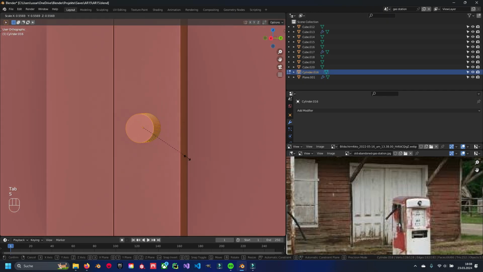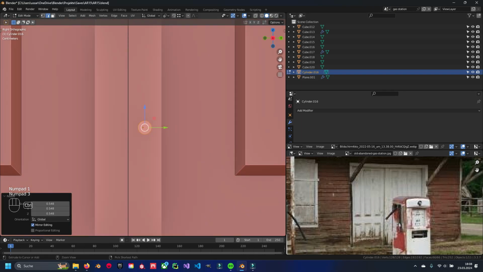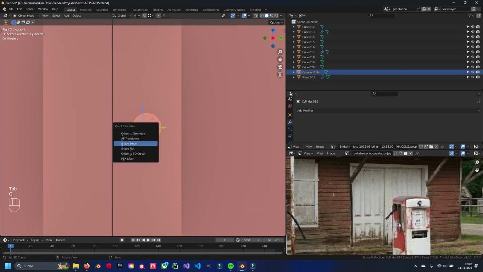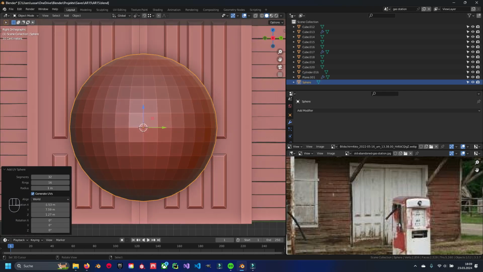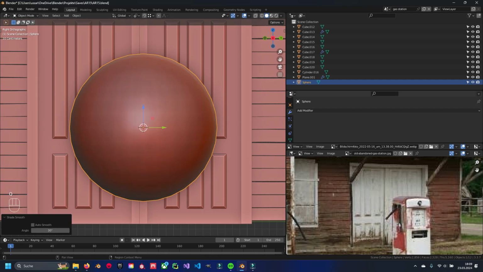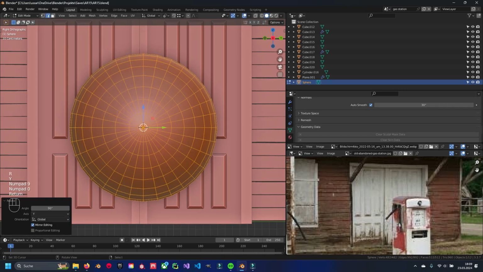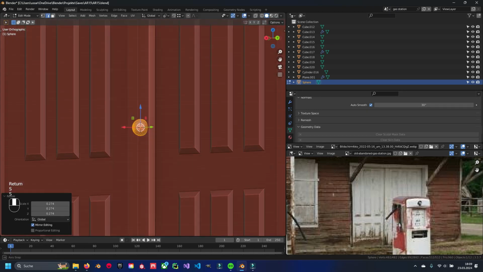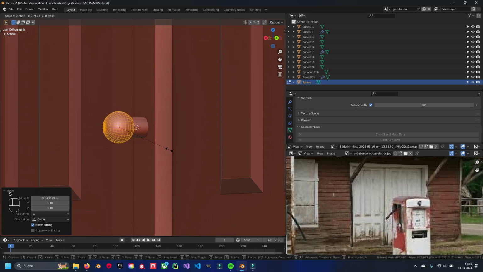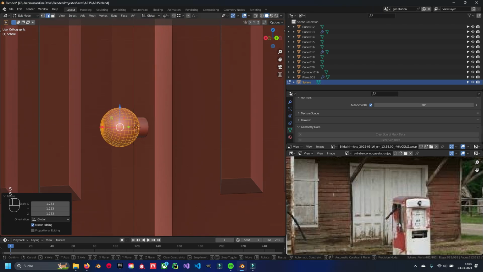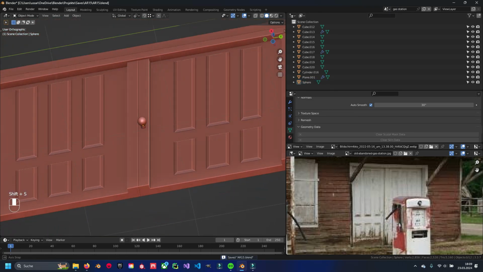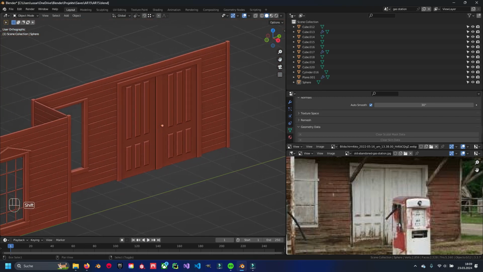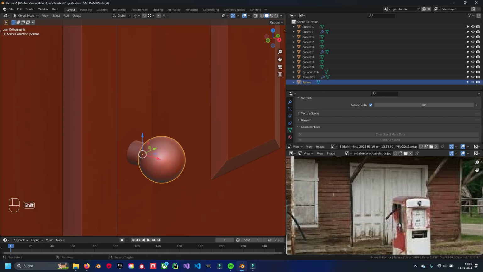I think it's too big. I'm going to scale it down. Because it's selected, go into object mode again, add a UV sphere. With the UV sphere, just shade it smooth, auto smooth, and rotate it and scale it down. Like that. And you have something to open up the door. Good, I think it's too big, but we can just